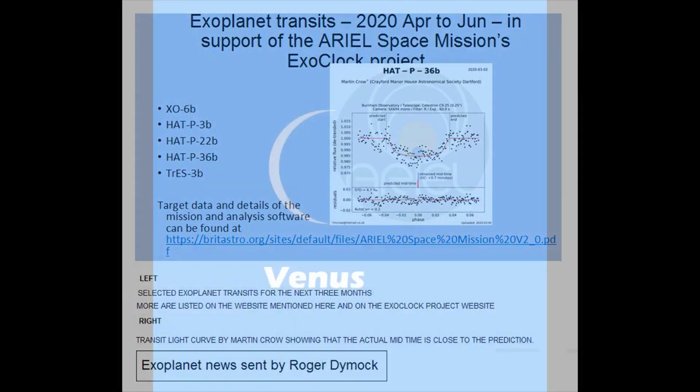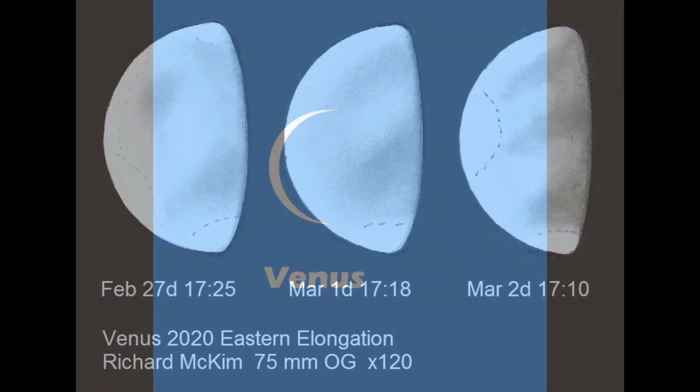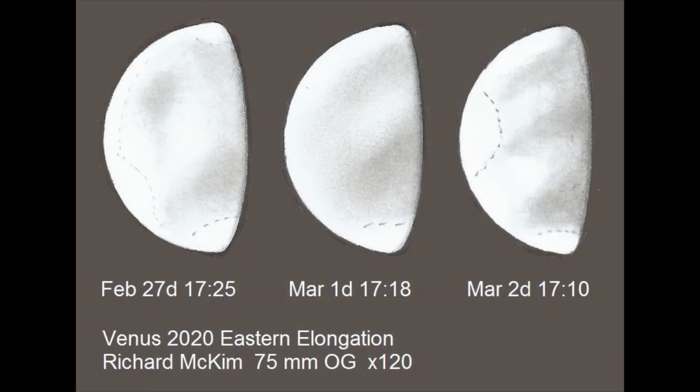I'll mention Venus briefly. Venus you can't miss in the evening sky at the moment. Here are some drawings of mine. These are with a 3-inch refractor at low power. You can see the bright cusps, a bright area on the limb, some weak atmospheric shadings. If you really want to get good results, you need to take images with an ultraviolet filter. A deep blue filter will also work quite well.